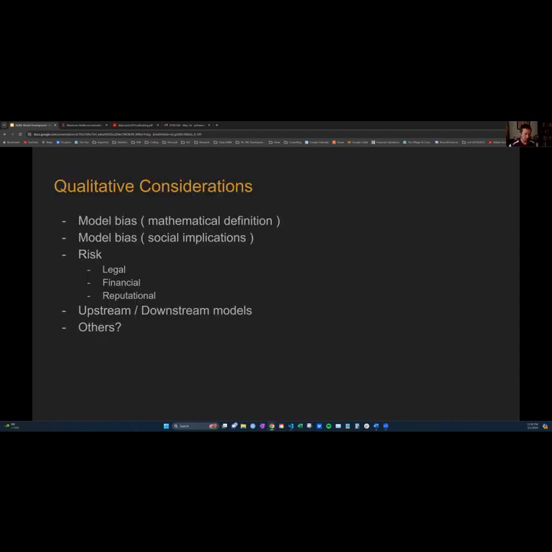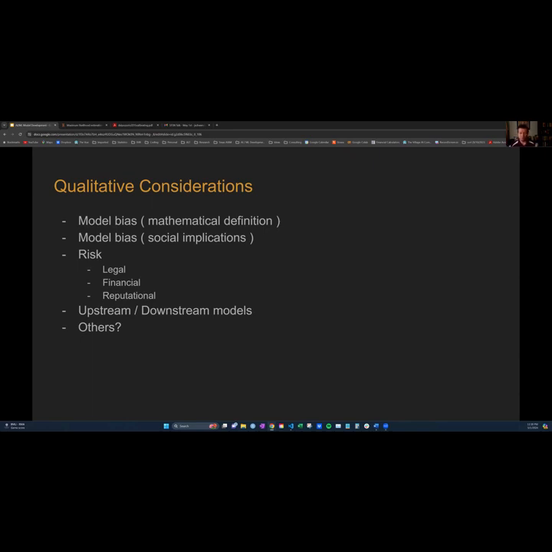And yeah, like I said, the legal ramifications. If there is social bias, that's very likely to lead to a lawsuit, right? There's financial risk if we get the predictions wrong, and let's say it's some sort of capital markets model, like a trading model, then there's risk there because we got the predictions wrong. We made a bet and we lost. There's also reputational risk. So maybe there's no lawsuit, maybe we didn't lose a lot of money, but the perception of the business is diminished, right? Because of one thing or another. So those are all risks you have to consider.